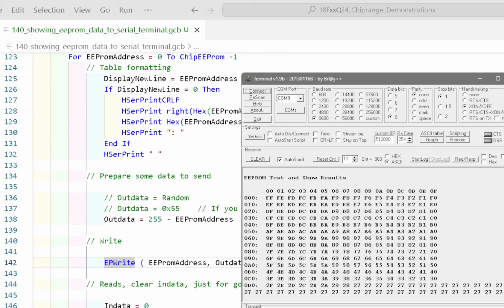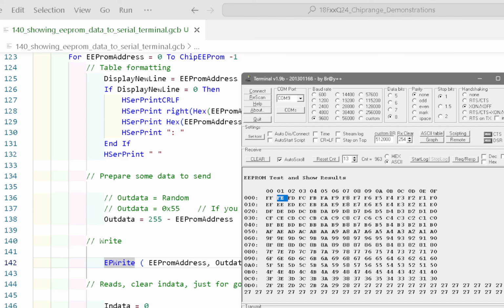So this is what it's supposed to do. Look, it's supposed to put some values in here, and they're structured values, so I know they're going to be 55. I know this is going to be FE, and it's essentially 255 minus the EEPROM address, the actual address. So it's writing 255, 254, 253, and I can look at it and go, yeah, that looks right. And if I come into